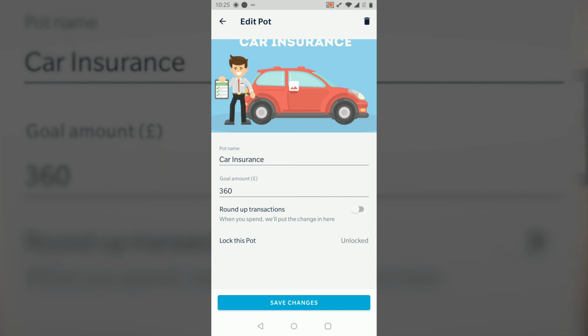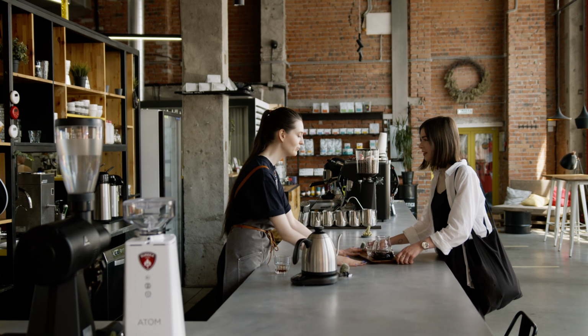Both also support roundups. When you activate this feature, if you were to go out for a coffee, for example, and that coffee costs £1.85, what will happen is that transaction will automatically get rounded up to £2, and the extra 15p will automatically get added to a pot that you've chosen. So as you can see, in most aspects, Monzo's pots and Starling's spaces work in exactly the same way, except